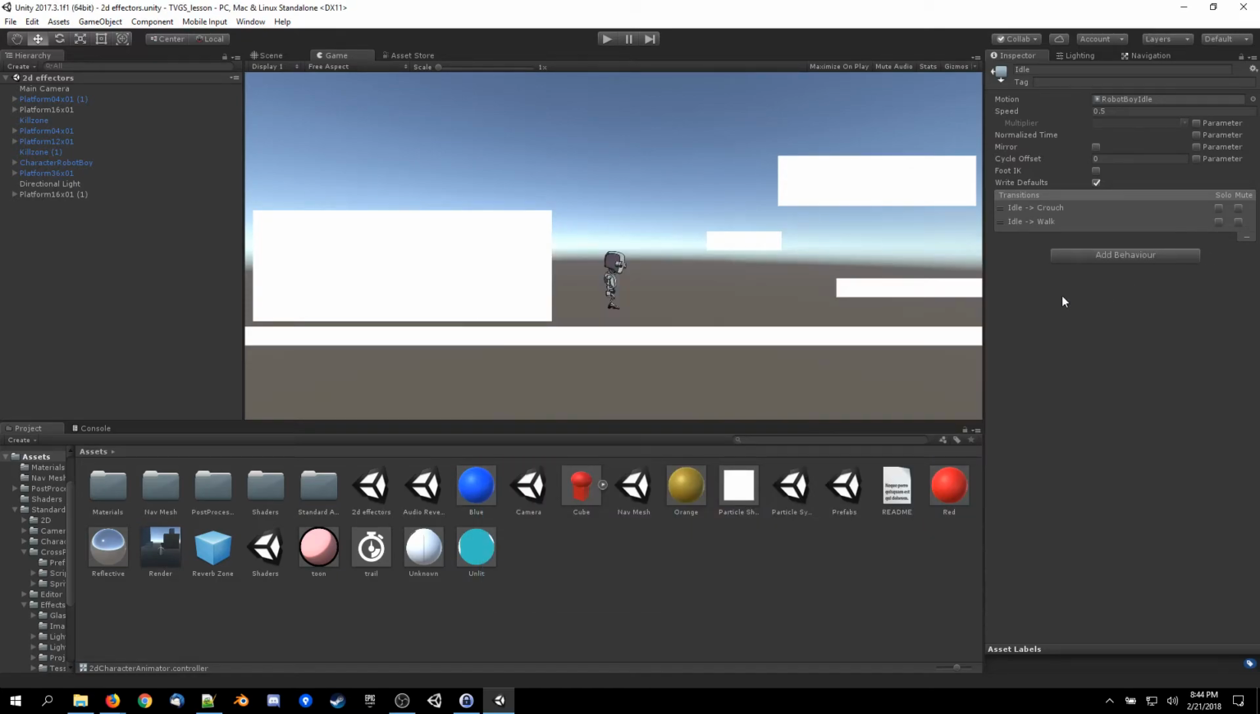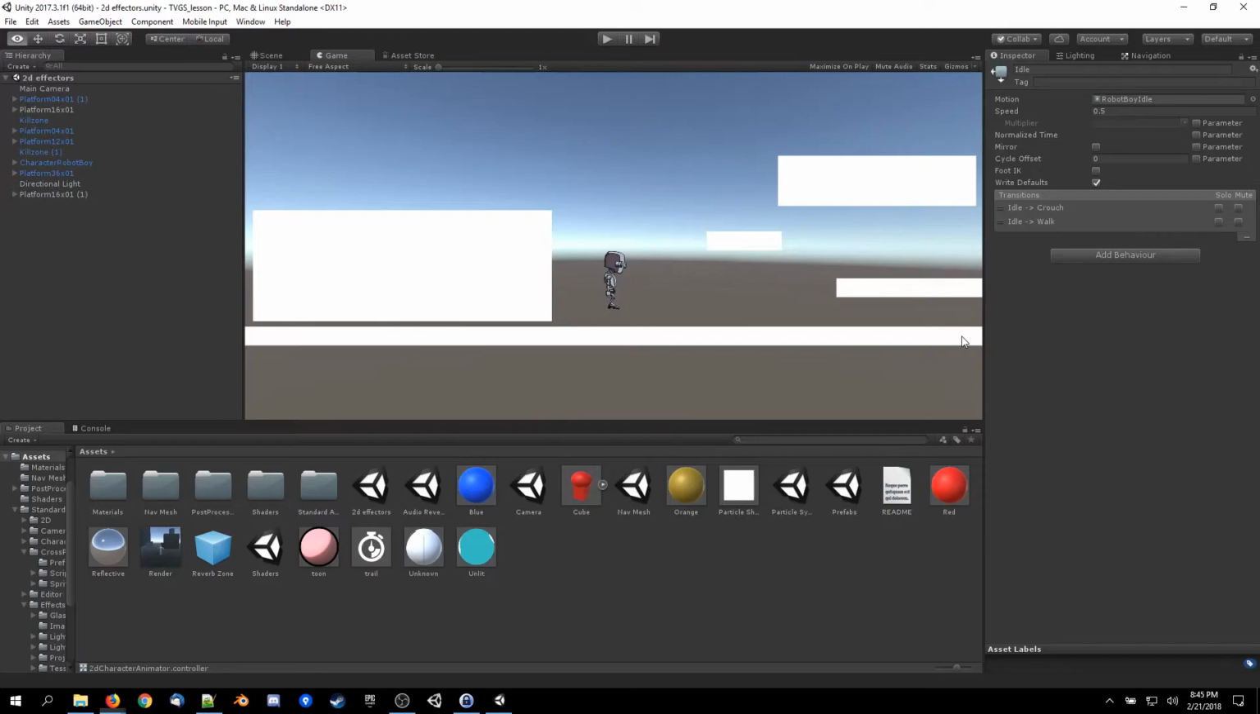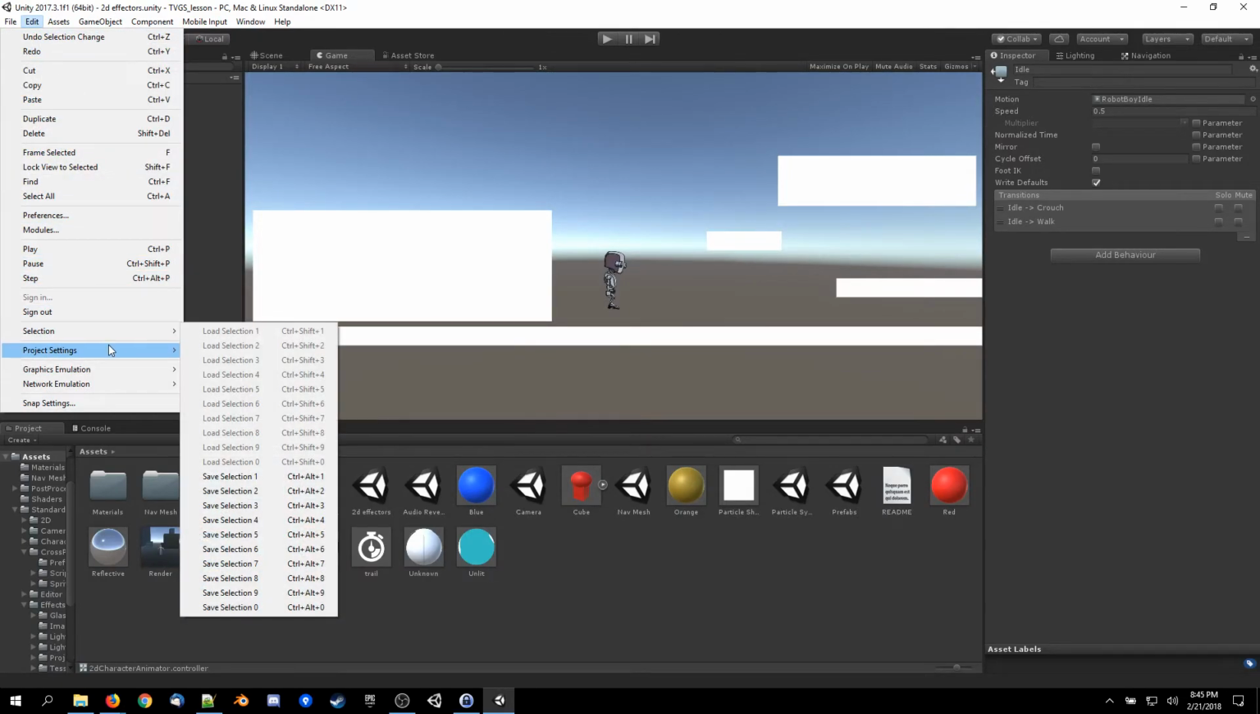Going over this is actually super complicated and could be a full day's worth of effort, so I'm going to skip over that for now. Timeline is a recently new feature that they added in. Timeline is intended to create basically cutscenes, in-game cutscenes, by stacking animations on top of each other, including camera animations, for example. There's the input manager, which you can access by going to Edit, and then Project Settings, and